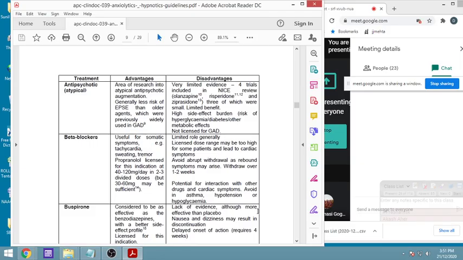We have seen this augmentation earlier. So what augmentation are we doing? We can add an atypical type of antipsychotic into it. Research into this atypical antipsychotic augmentation is going on. Generally, there is less risk of extrapyramidal symptoms than with the older agents. They were previously widely used in generalized anxiety disorder. So haloperidol, chlorpromazine, they were used earlier, but the newer ones can also be used, and fortunately they have